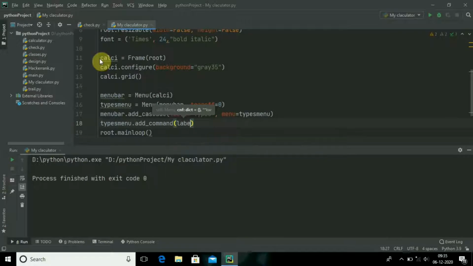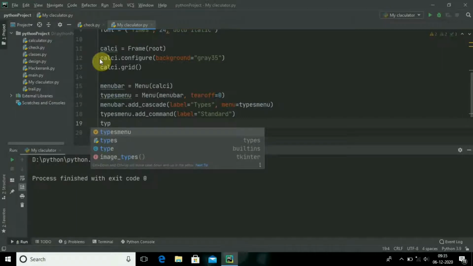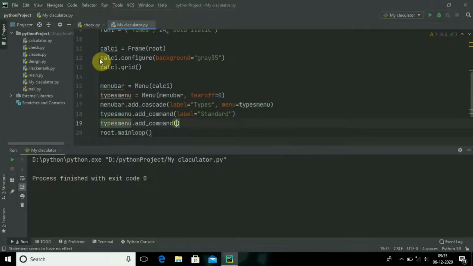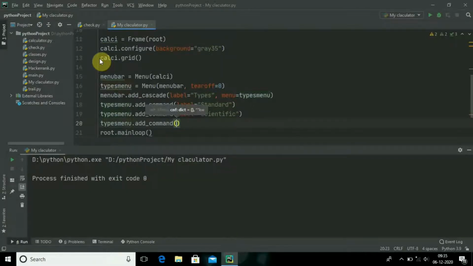So again I will use the name label at first, standard, and the next label is scientific. Then another command I will be using is quit command.